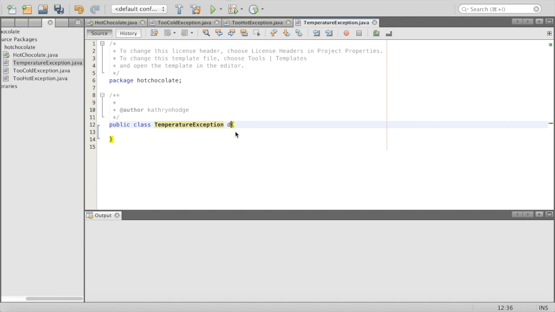And so how are we going to do this? Well, we're going to say this exception extends exception. And then we're going to change our too cold and our too hot to extend temperature exception. And so now they're kind of grouped together. And so if I do something inside of my temperature exception, it's going to impact our too hot and too cold. We're not going to be doing that in this tutorial, but it's nice to know,